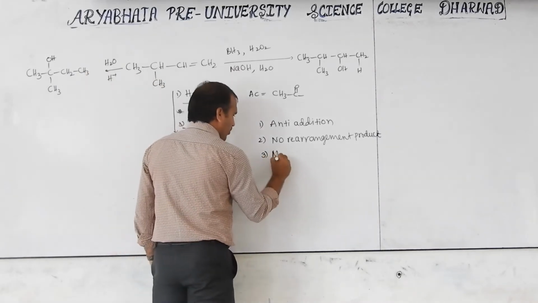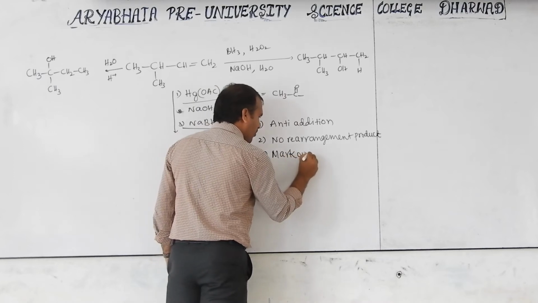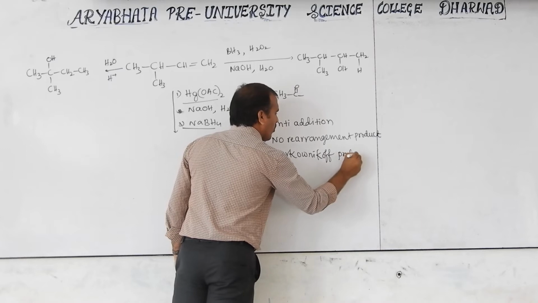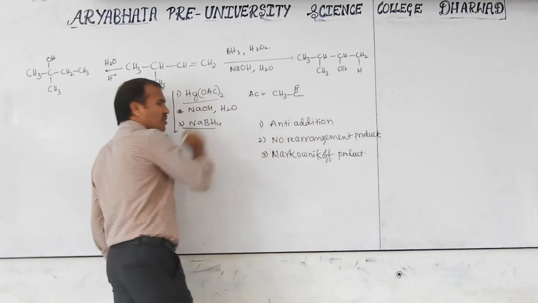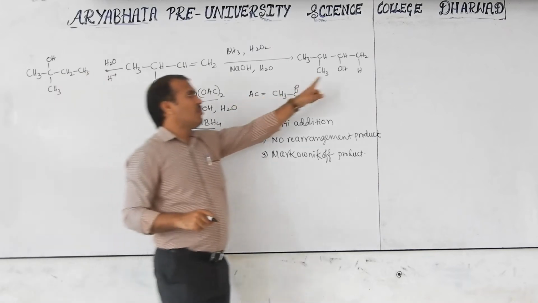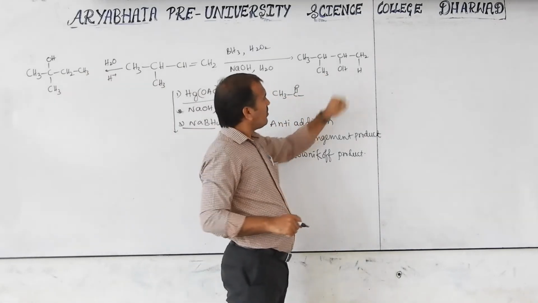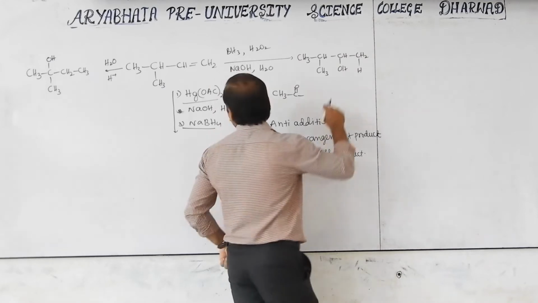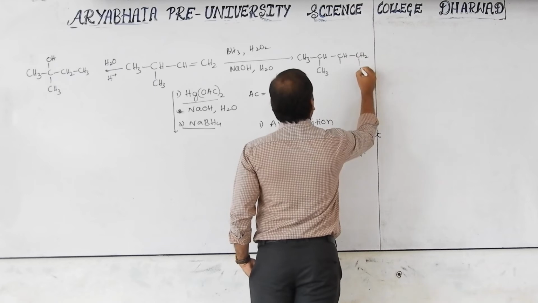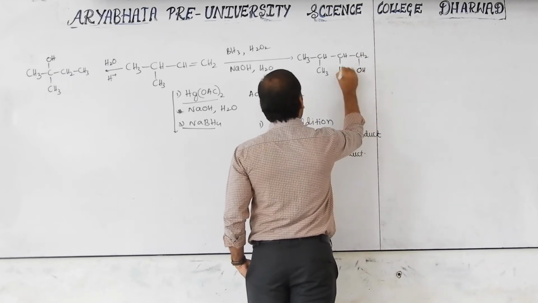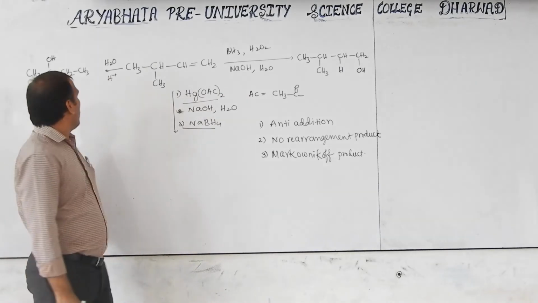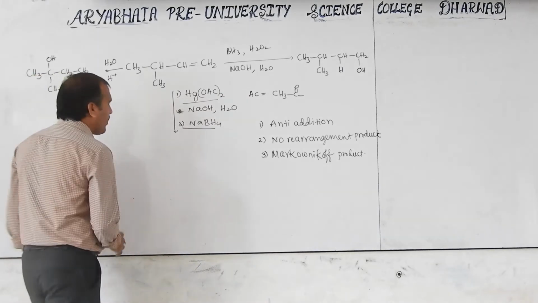Here, Markovnikov products. So this is a small difference between these two reactions. Now, observe here, OH is bonded to which side? Sorry, I can reverse here. So here OH, here H, because there are non-Markovnikov products. Okay, so here, if you observe,